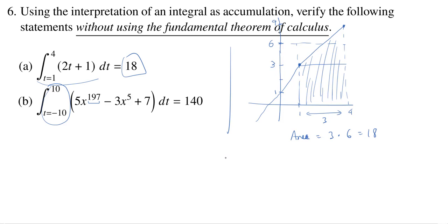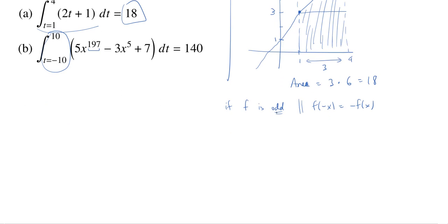And we have a result that says if f is odd, which remember odd means f of negative x equals negative f of x. The reason we use the word odd here is because odd degree monomials are odd functions. So if that's true, and you integrate from negative a to a, you always get 0. Why? Because this relationship is telling you your graph has to look something